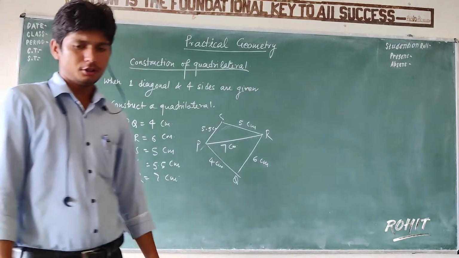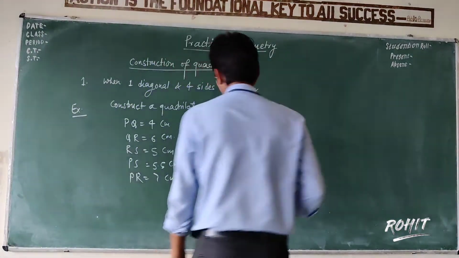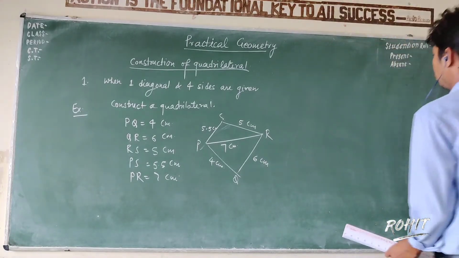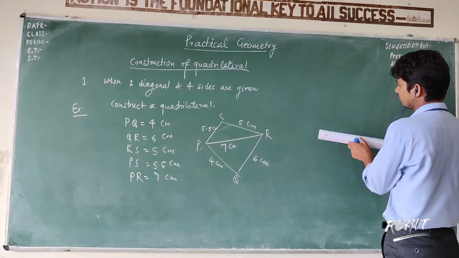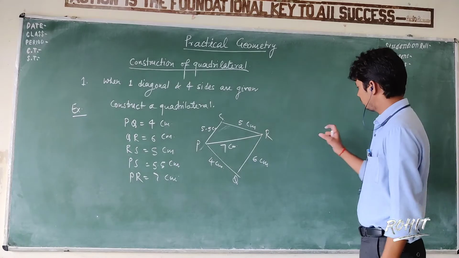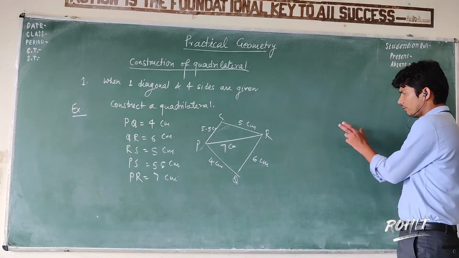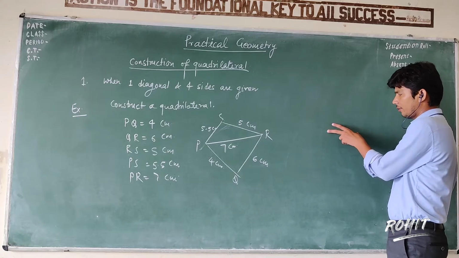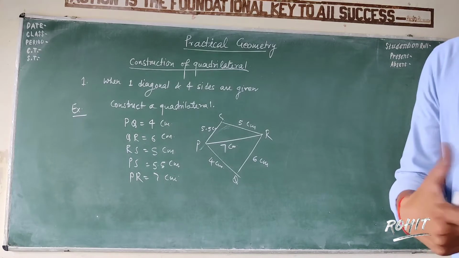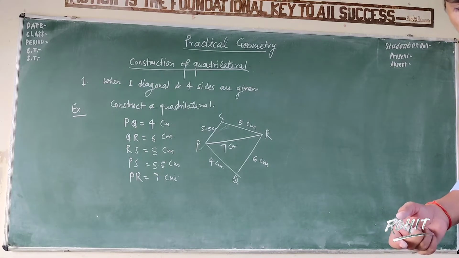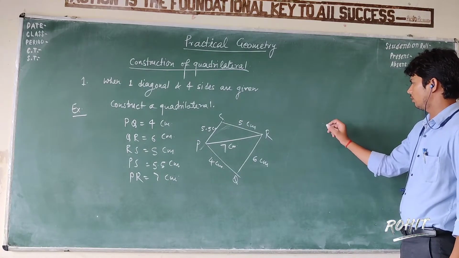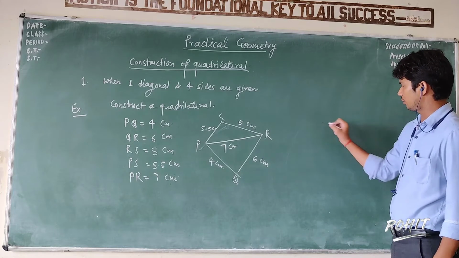So how we will construct this quadrilateral? First take your ruler and draw 7 centimeter. Here I am not using accurate length because if we use accurate length then there is a very small figure that we have obtained, and on the board a very small figure is not clear, much clear to make you understand. So I will only symbolically try to construct it.